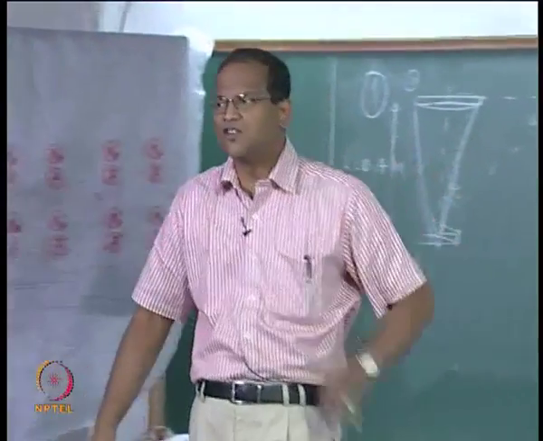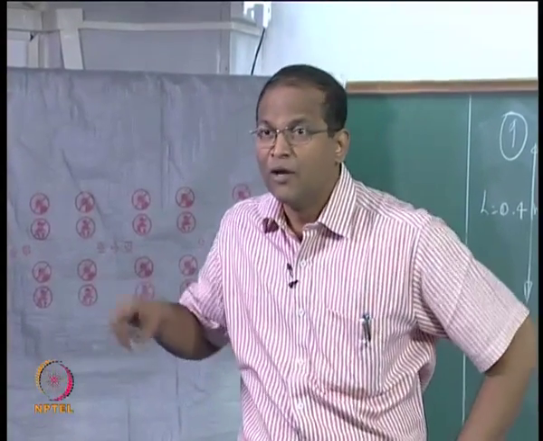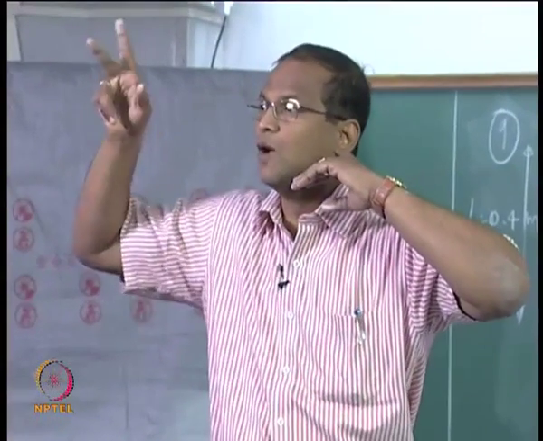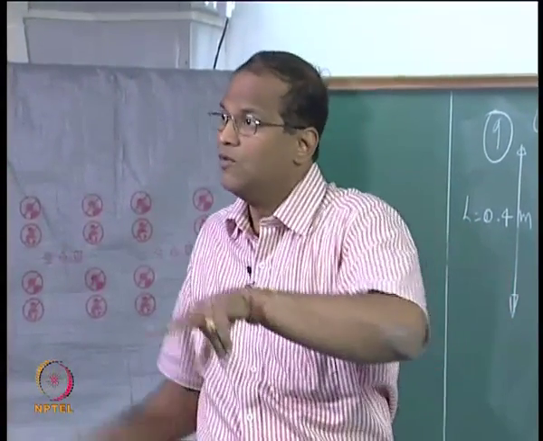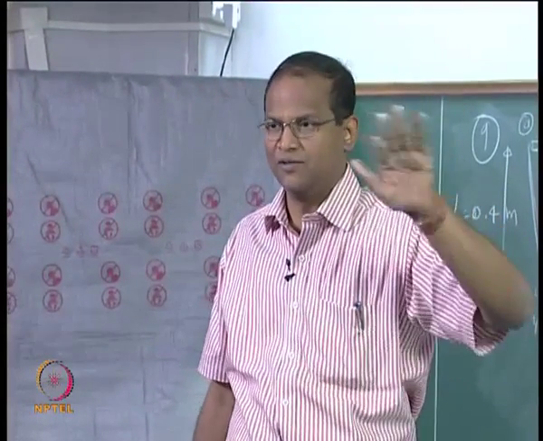Suppose had we got an answer of 0.36, we could have conjectured that there is a possibility that it is a diffuse surface. But now I know for sure that it is not a diffuse surface, because with two angles we cannot decide, but now two angles are giving different answers, therefore it is surely not a diffuse surface.